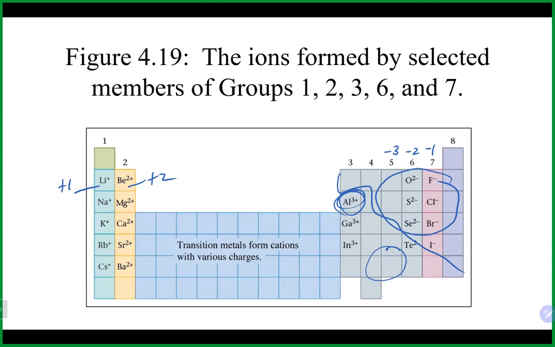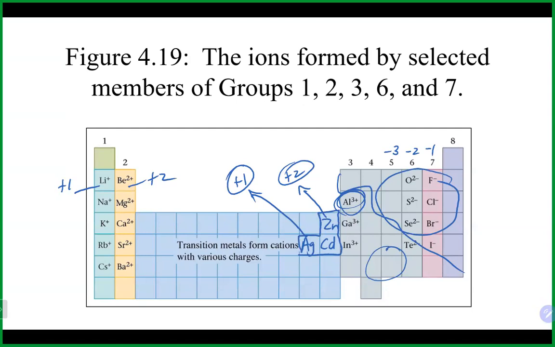Now, this is our transition metal, which could have a varied charge, but there are 3 exceptions in the transition metals that will always have a fixed positive charge. That is our zinc, which is right around here, and our cadmium. These guys will always be +2. And if you hang a left there at cadmium, you'll find silver. It will always be +1. So those 3 right here,